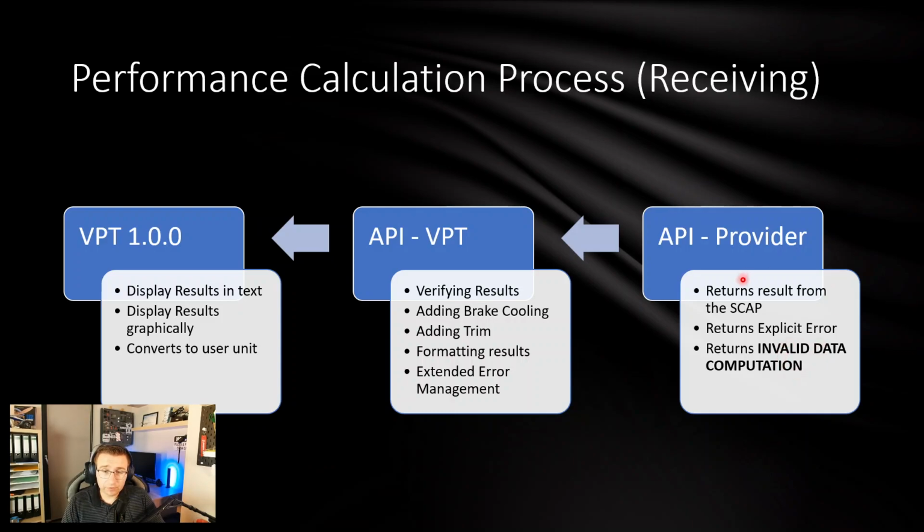And this is linked to the SCAP file itself. Remember, it's a black box, so there's no tweaking insight available. So if you ever encounter this kind of error, please send us an email to the main address down below with a screenshot of your request, so we can try to reproduce the error and try to fix it